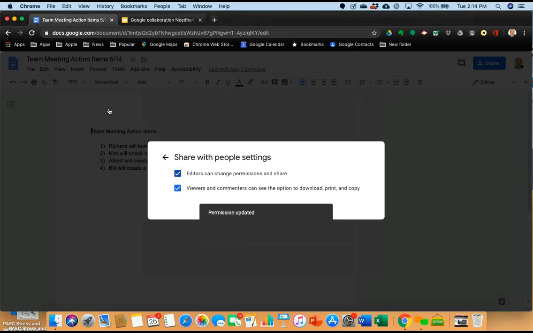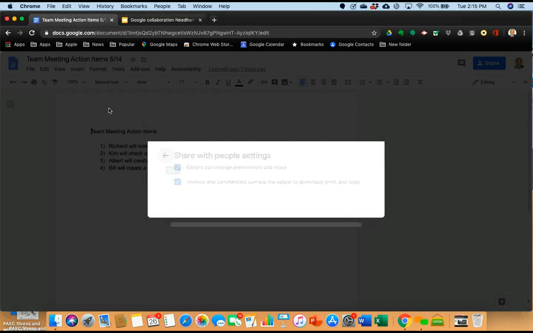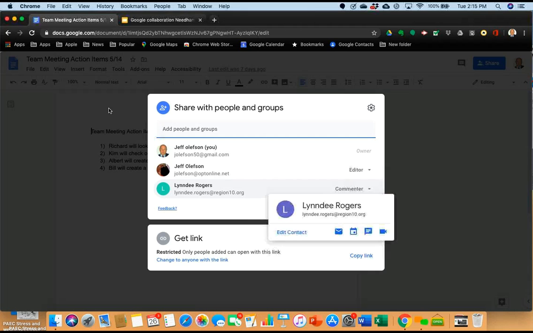So, for example, in your settings, you can have it so editors are not able to change the permissions or the share of anyone else. They have editing privileges, but they can't control anyone else. They can't take someone out. They can't share the document with anyone else as an editor. Because remember, editors pretty much have most of the power of the owner, okay? But you can limit it a little bit here. And there was another thing about viewers. I'll get to that later when I get to viewers,